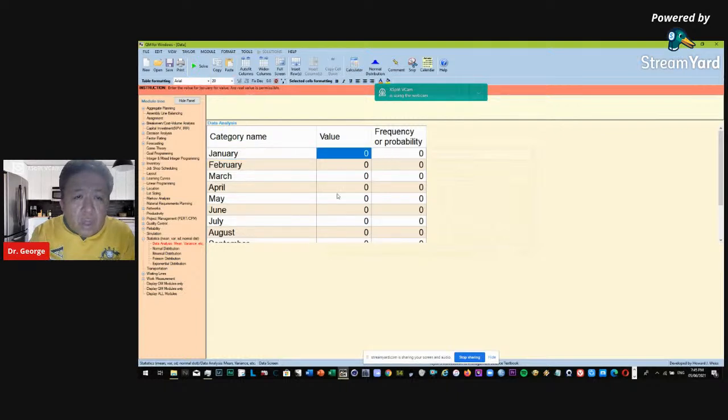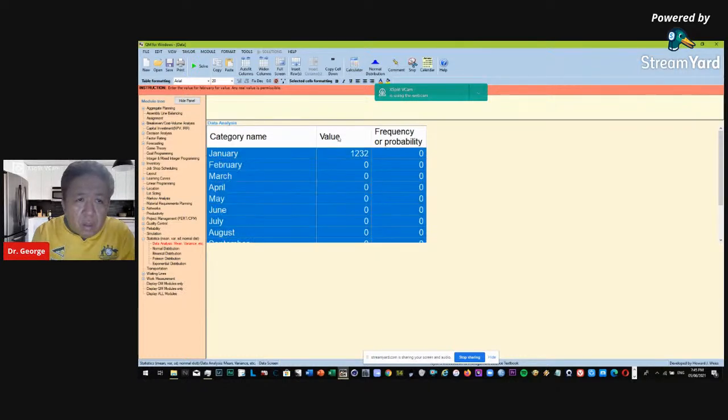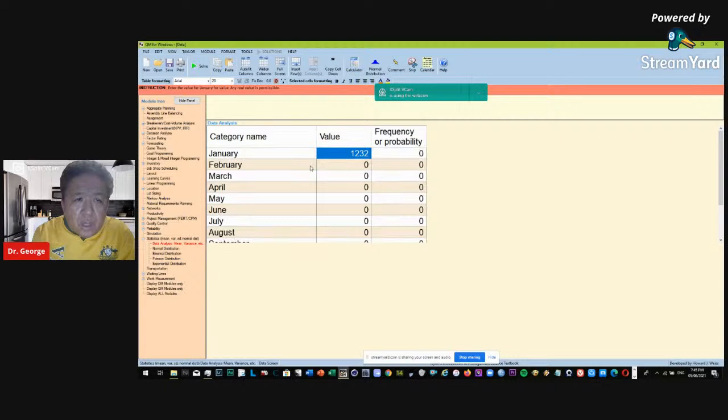So we start with the value. If you have data in Excel, you can just paste it here. Okay, of course we don't have that. So let's have just random numbers here. So let this be, value would be in sales, all right? So it would be the sales in thousands maybe. So by February, okay, so sales,